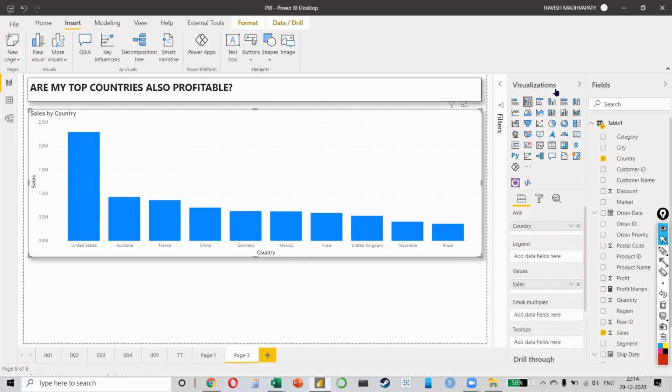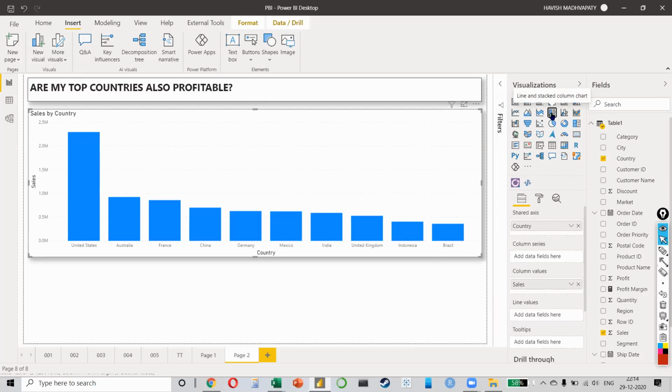So what I'll do is I will convert my column chart into a line and column chart. Please see this. It's the line and column chart, which is what we call a combination chart. Why do we need a combination chart? Because I want to present two things. One is the sales, the other is the profit margin.